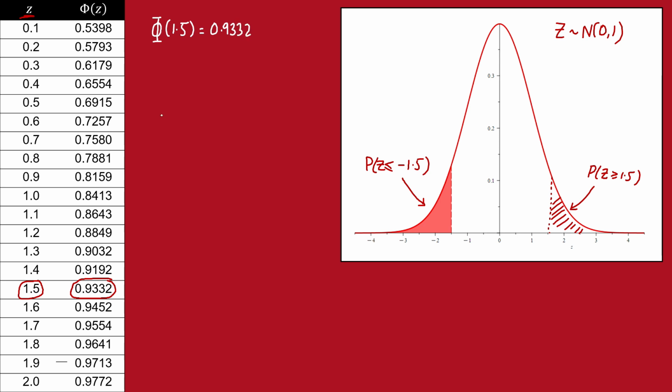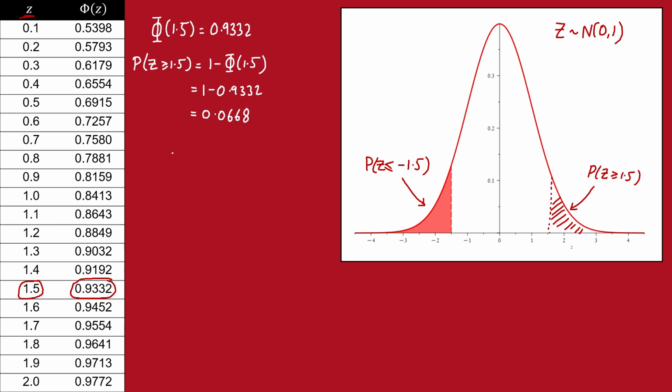But remember, this is not what we want. What we want is the probability that z is greater than or equal to 1.5, which is going to be equal to 1 minus phi of 1.5, which is equal to 1 minus 0.9332, which is equal to